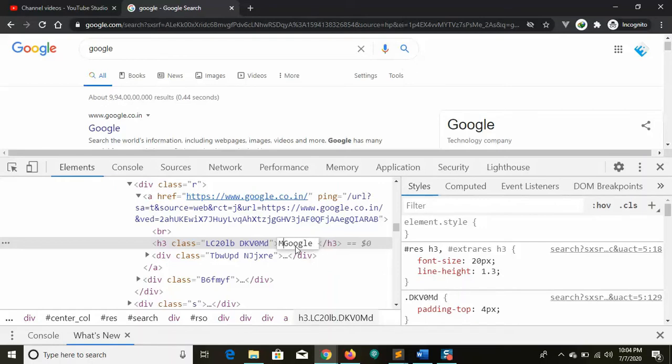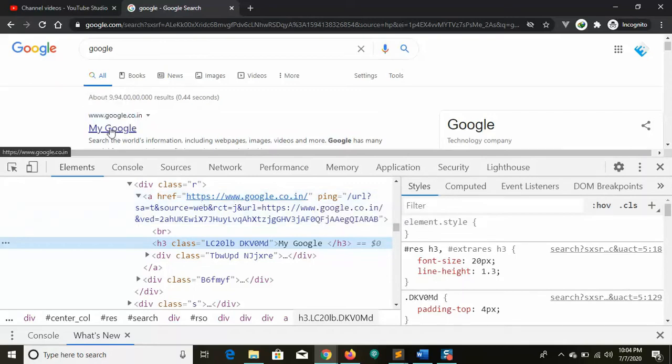Let me give some name, my Google. It was changed, right? It is for temporary purposes that we can change it. By clicking on this, we have some link, right? What is the link? https://www.google.co.in. Okay, so this is the link, right?